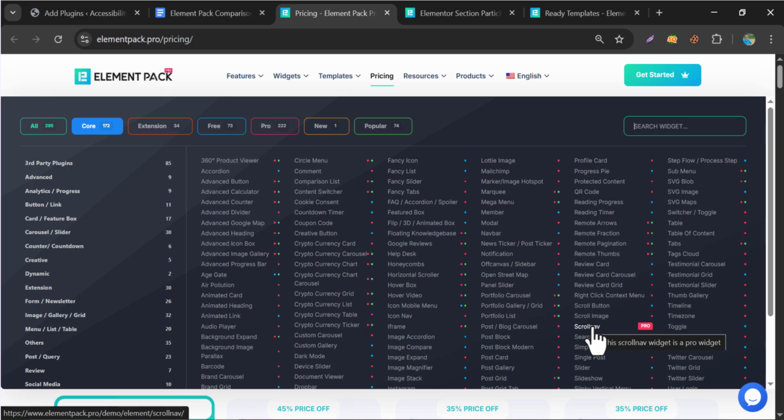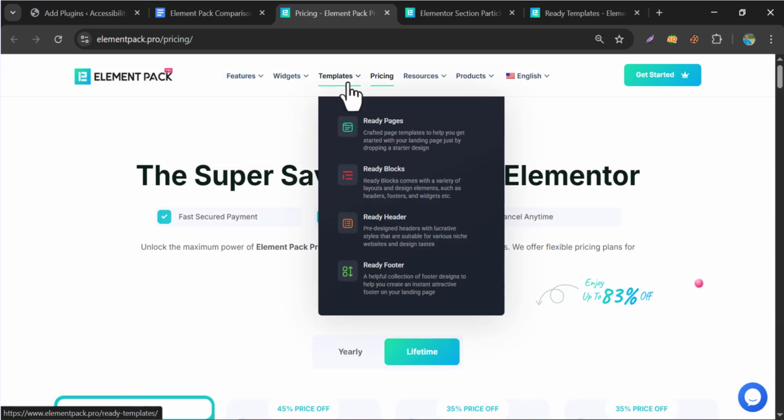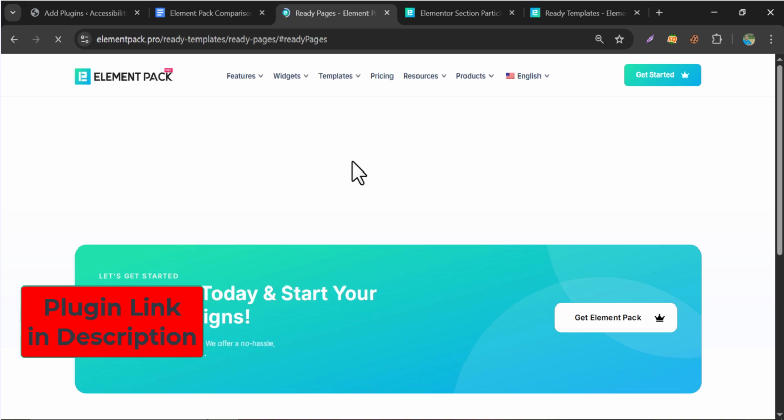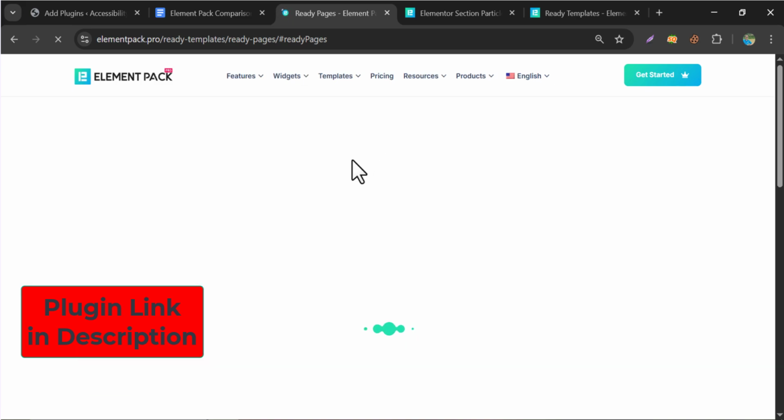If you check the Element Pack website, you will find that all widget and templates are shown in their website. You can check one by one from here without any hassle. This really provides a lot more functions than others, and the price comparison is totally opposite. This is actually the lowest cost